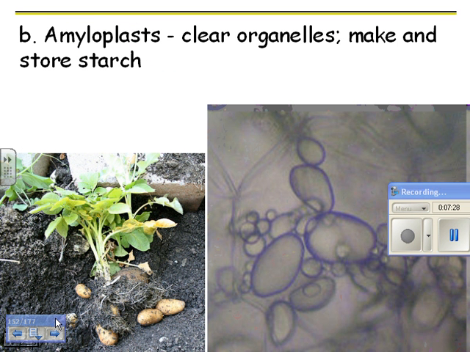Amyloplasts. These are clear organelles. They make and store starch. And so if you think about, here's a plant, and down here it would actually have no chloroplasts, and up here it would have no amyloplasts. So these are leaves, and they do photosynthesis, and they make glucose, which I'm going to draw like this. They're supposed to be like little stop signs, but anyway, it'll take those and it'll transport them actually as disaccharides down here. And once the glucose gets to the roots, it's put together. And I'm trying to make a polymer here, starch, so a polysaccharide.